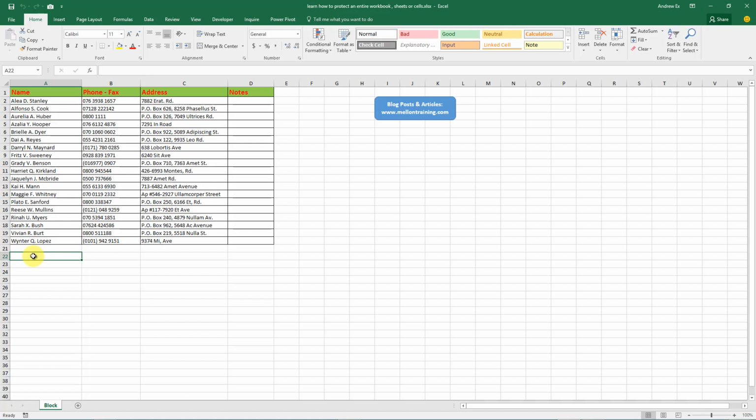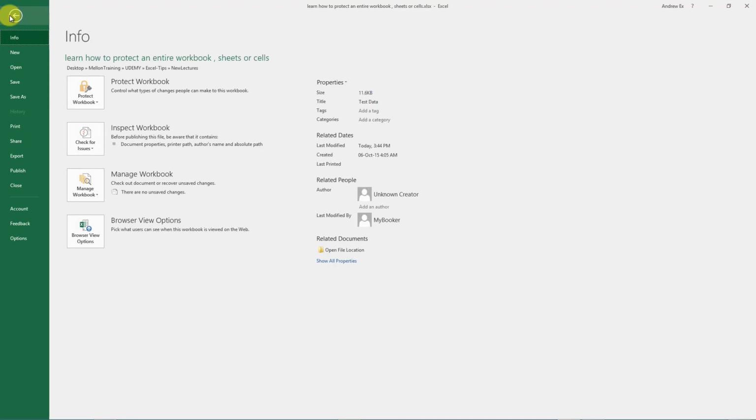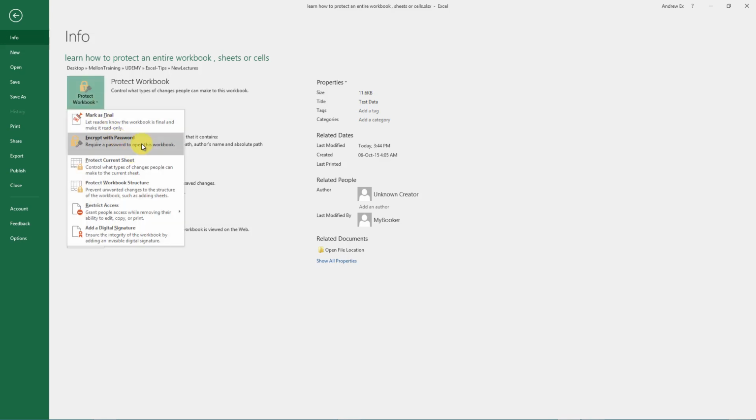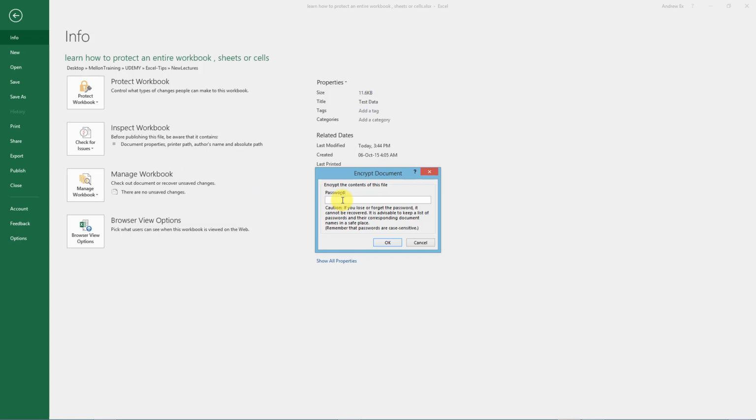Let's get started. Here we have a workbook with a sheet called Blob. First of all, we will learn how to fully protect your workbook. Go to File, Info, Protect Workbook, Encrypt with Password. This selection means that no one can open the Excel file unless they have the password and they can't view